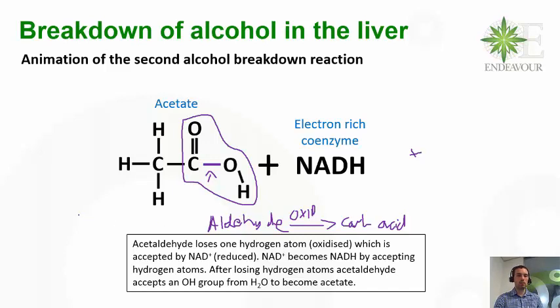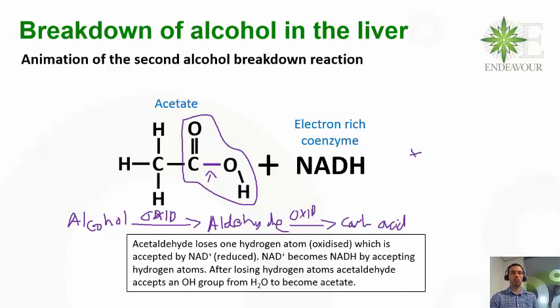So we can also add in what we saw in the first step, which was starting off with an alcohol functional group that was being converted to an aldehyde, again via an oxidation as part of a redox reaction. So you can see this summary here of what's actually happened in these two alcohol breakdown reactions. So initially, the alcohol functional group is broken down or oxidized to an aldehyde group. And then the second functional group change is conversion of aldehyde to carboxylic acid, again facilitated by a redox reaction,